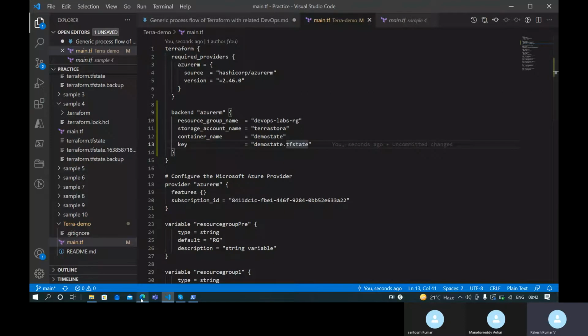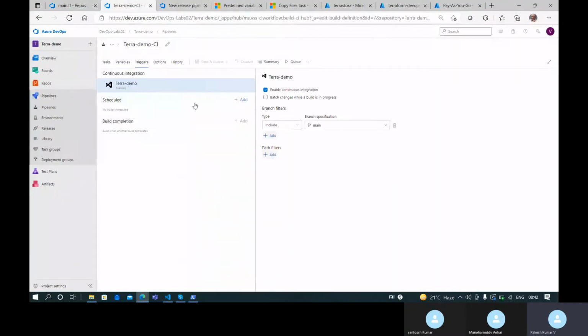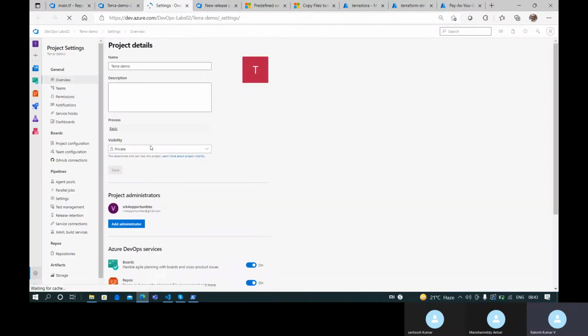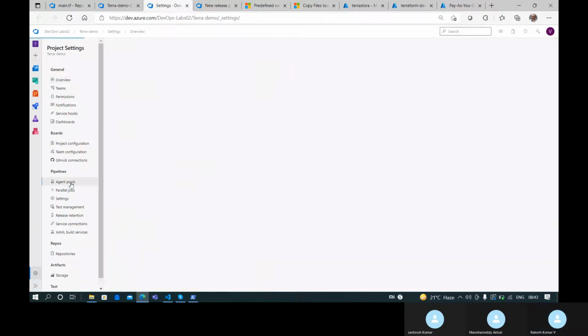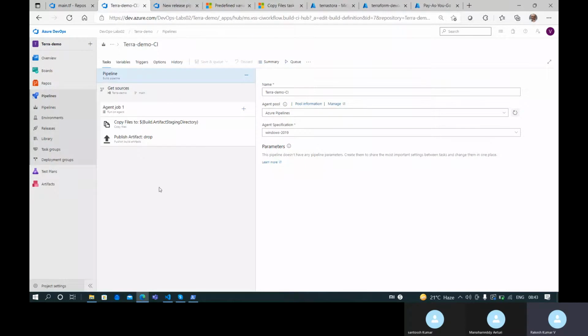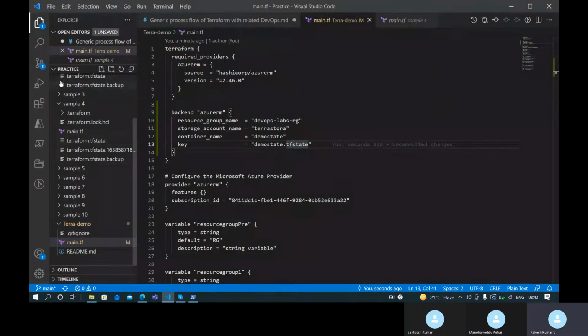Before I do it, because I enabled the continuous integration trigger here, the pipeline will automatically be triggered. Before the pipeline gets triggered, I have to select the agent pools. I already have the agent pool here. It was there before, so I have this online hosted agent. Okay, but anyway, what I'll do here is create my own agent, which I can do from